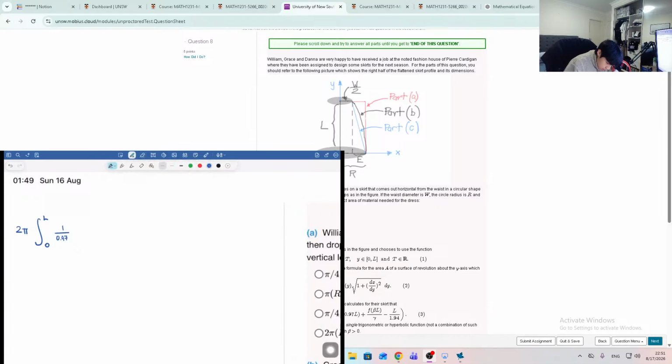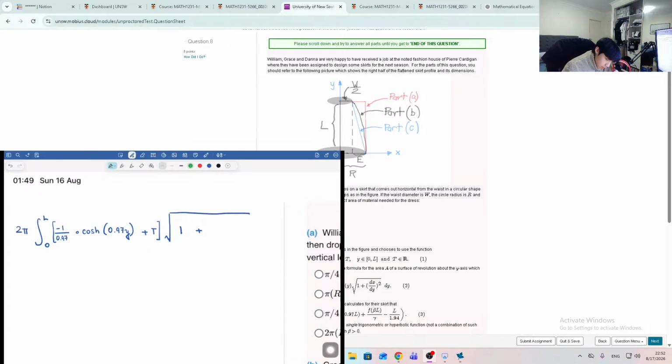Times cosh 0.97y plus t, times the square root of 1 plus the derivative of